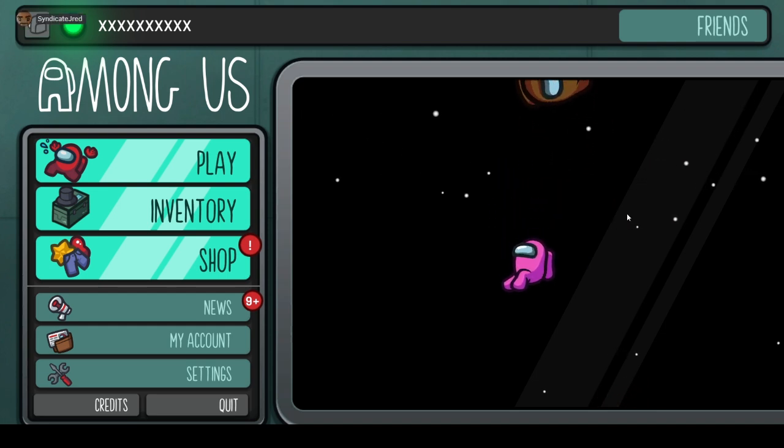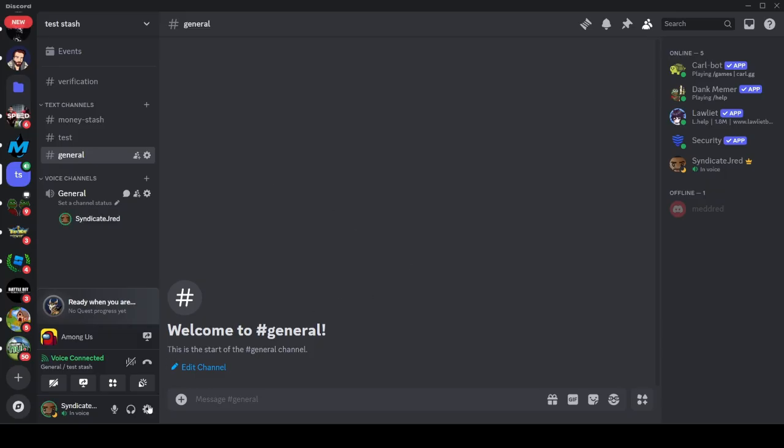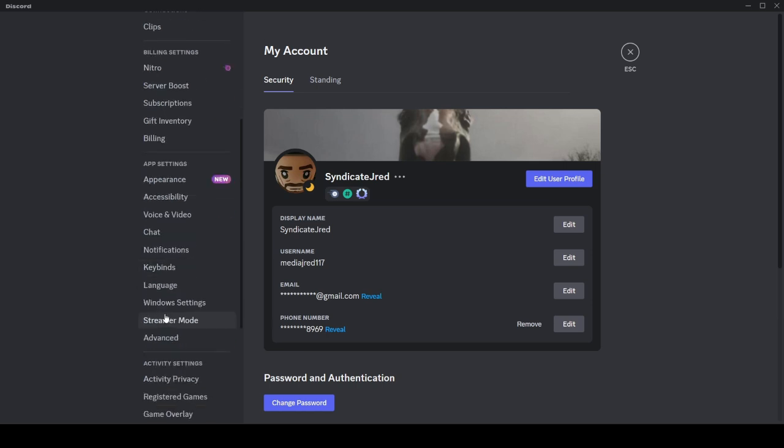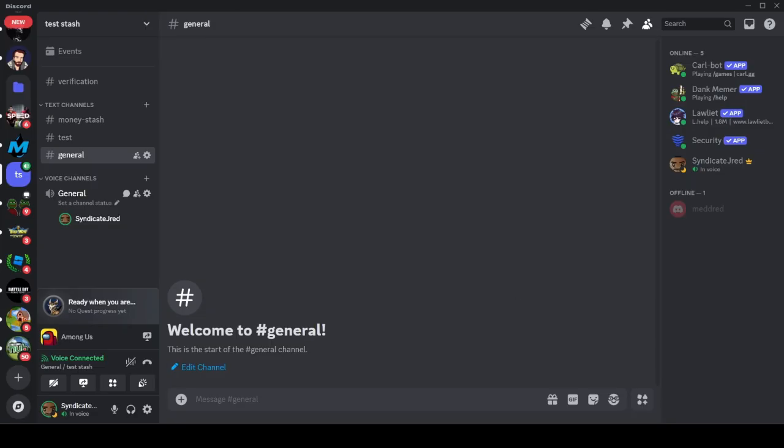So what you want to do is head over to Discord itself and go to your user settings. Then scroll down to registered games and you'll see Among Us that's popped up here. You want to make sure that toggle overlay is on and that there's no cross, like this would be right here. Once this is set like this, you can just press escape, and after a couple of seconds,